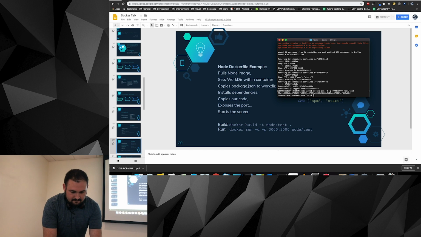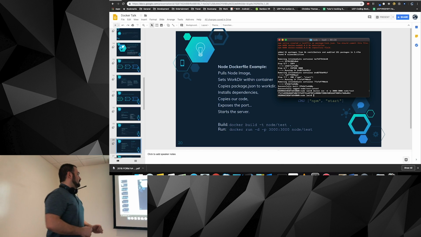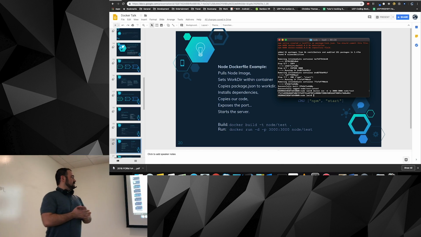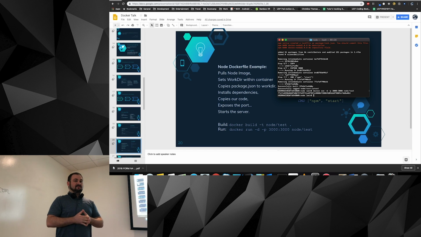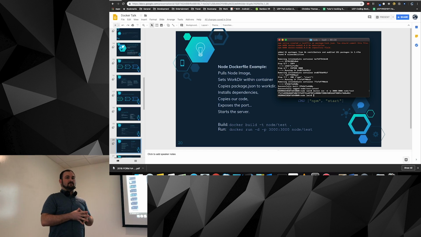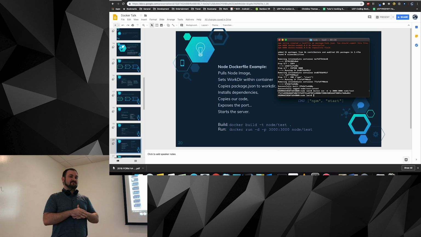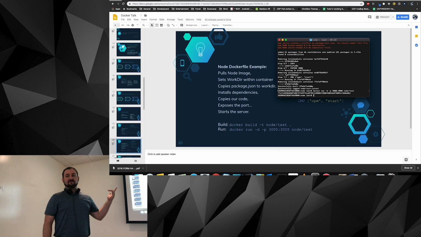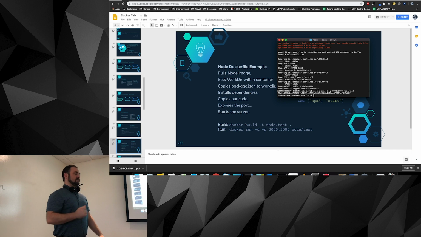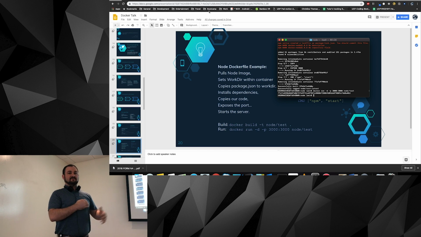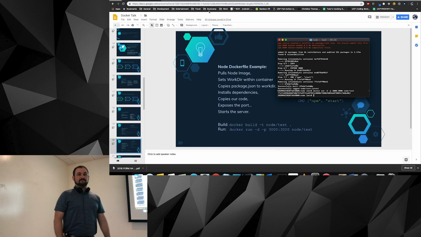Did it load faster because you had that before, or is mine still down? Yeah, so good point. Docker does a lot of caching, so it will spin up things a lot faster if you've already done them before. So let's say I have Node installed on my machine already. It will bring that up very quickly using that image that's already there. And then if I'm spinning up the same project, it will use those cache files to build it very quickly again.